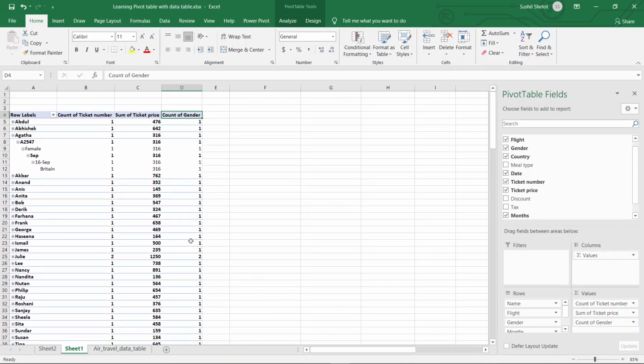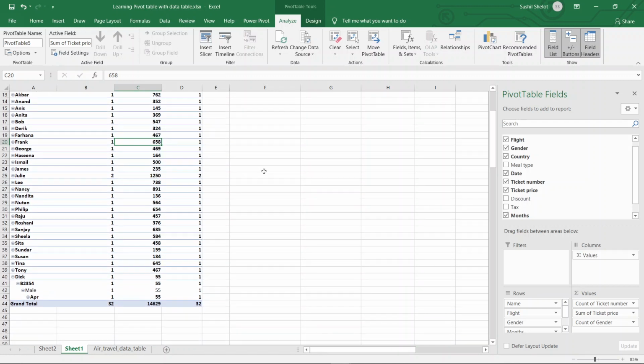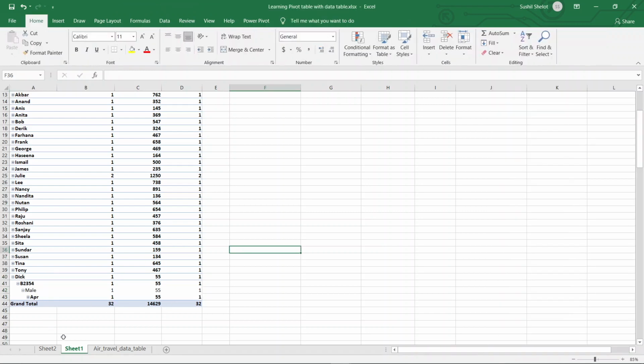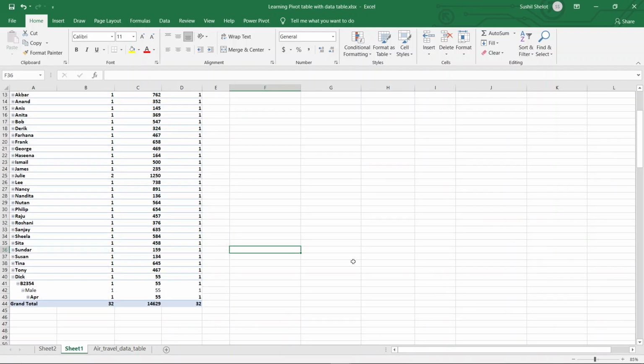I don't see that value appears here. I go to analyze and I say refresh, refresh all. Once the refreshment is done, there it is, the value of Dick has appeared here, and this is, as I explained earlier, the benefit of using a data table. So anything that is added, edited, modified, revised in the data table by default gets updated into the pivot table with a single simple click of the refresh button. This is how refresh can be used here, and the data table can be easily processed, and the same thing can reflect in the pivot table within a split of a second,